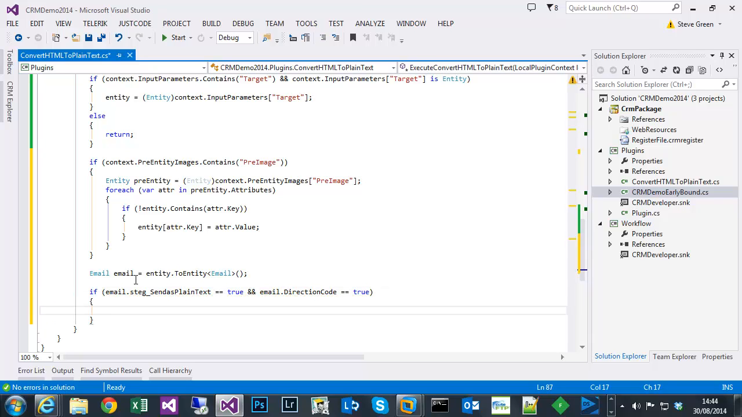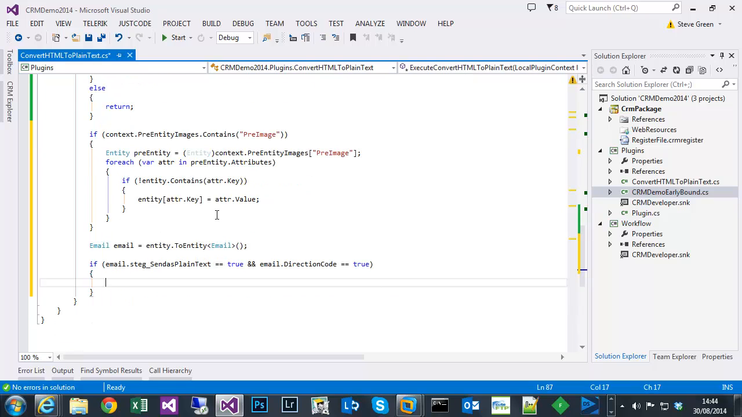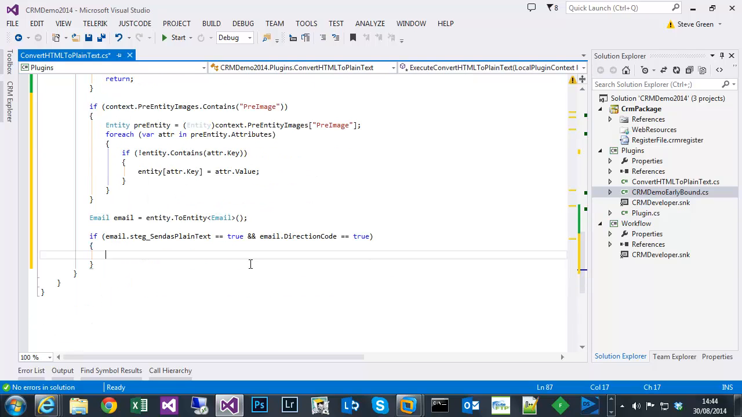So if that's true, we then need to basically replace the description with a version of itself that had all the HTML tags stripped out. So it's just a case of, we'll do two steps. We'll do a string, excuse me, I'm hitting tab by mistake. Do a new string called new email description,